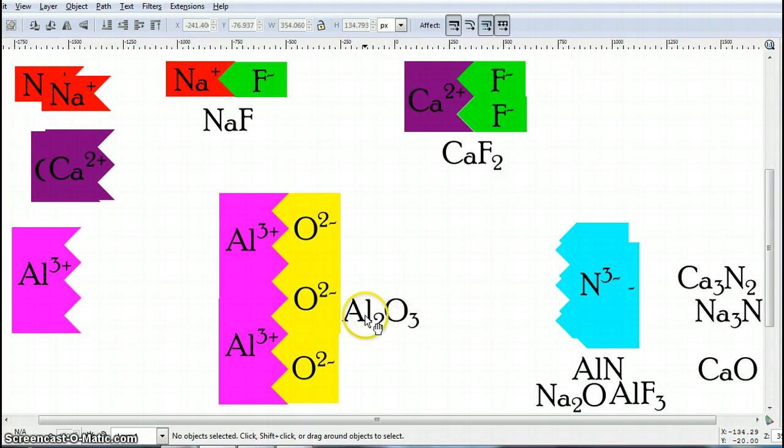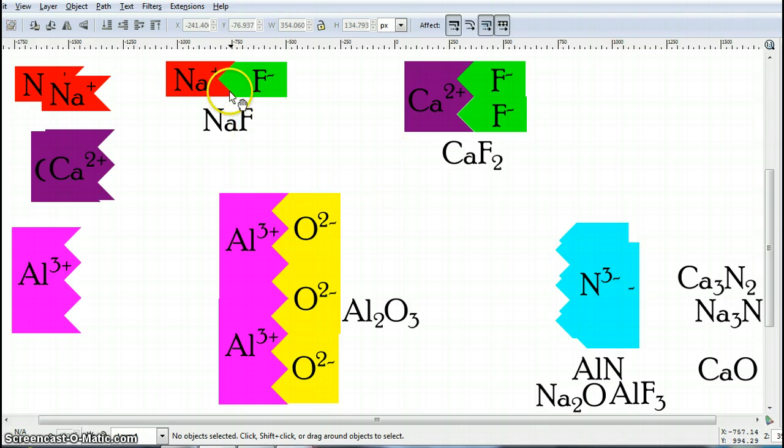And again, we'll just call it aluminum oxide. This is the ratio that aluminum oxide would always form in. So what we see here is it's basically a rule of canceling each other out. You have to have as many positives as you have negatives, and if they fit in perfectly, you will name the compounds. Now, a little shortcut method to this I like to call the crisscross method is if you look